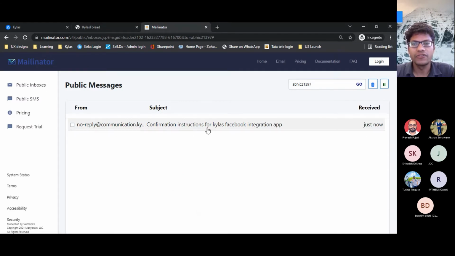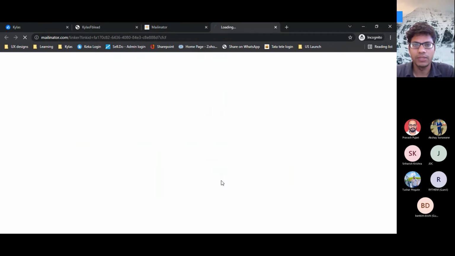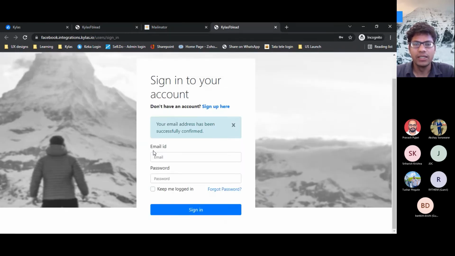I received a confirmation instruction about the Facebook application, and when I click on the verify button, it verifies my email account and now I can log in.